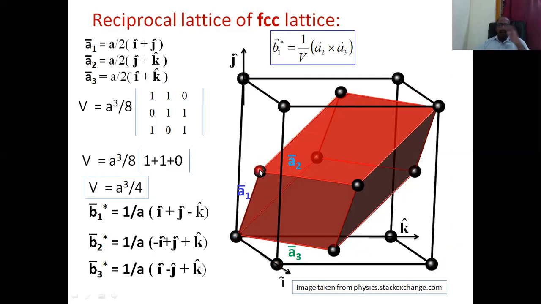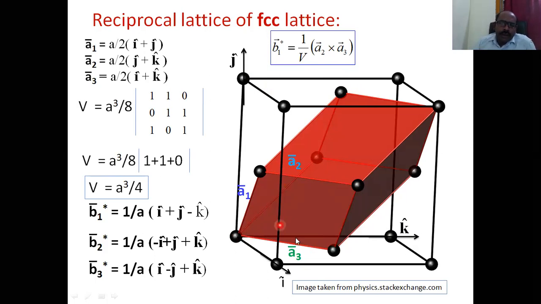One is the left side, then the face center of the top surface, the face center of the right, the face center of the bottom, the one towards us, and the back side, opposite to us. So these are the six face centers. What we are seeing here is one face, and that face center is this.